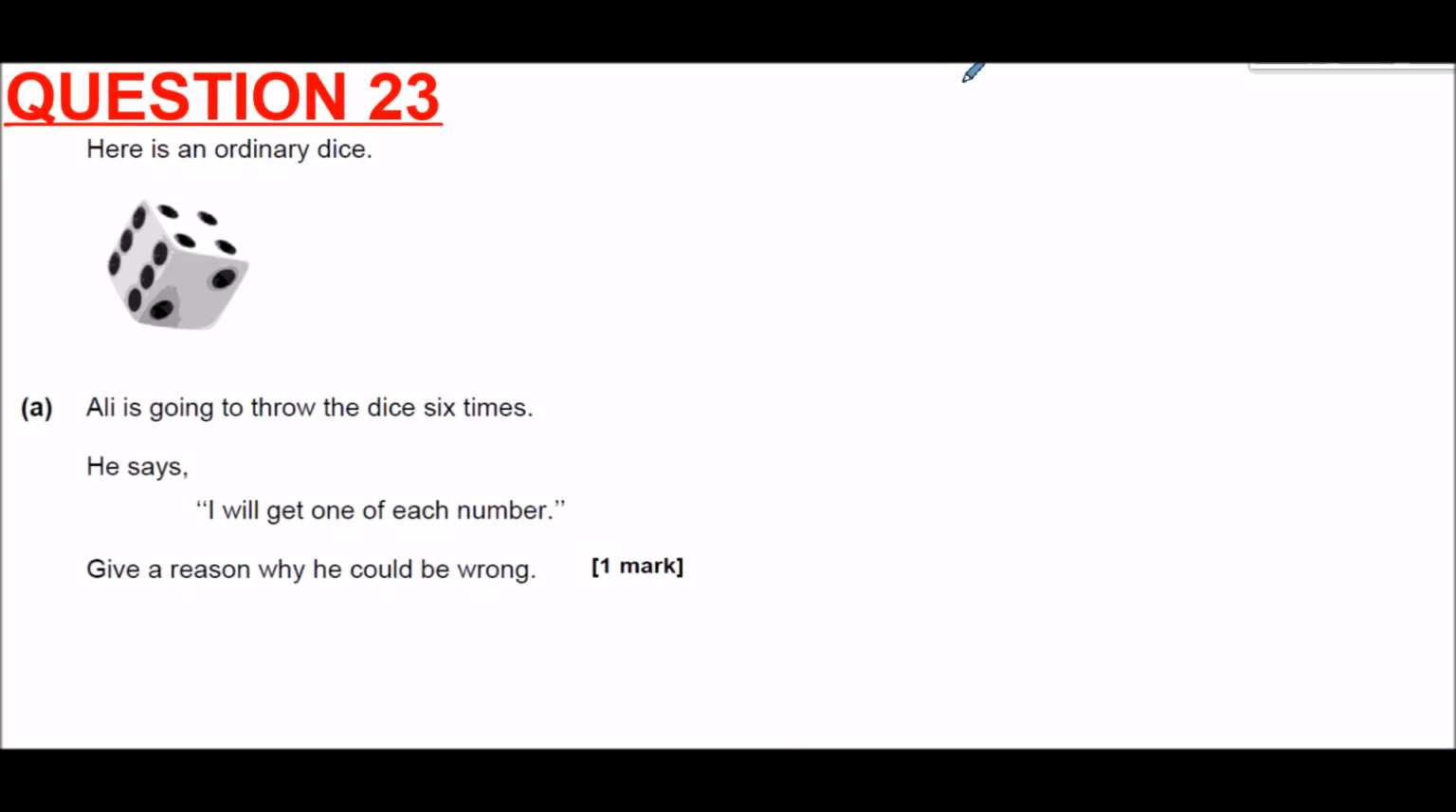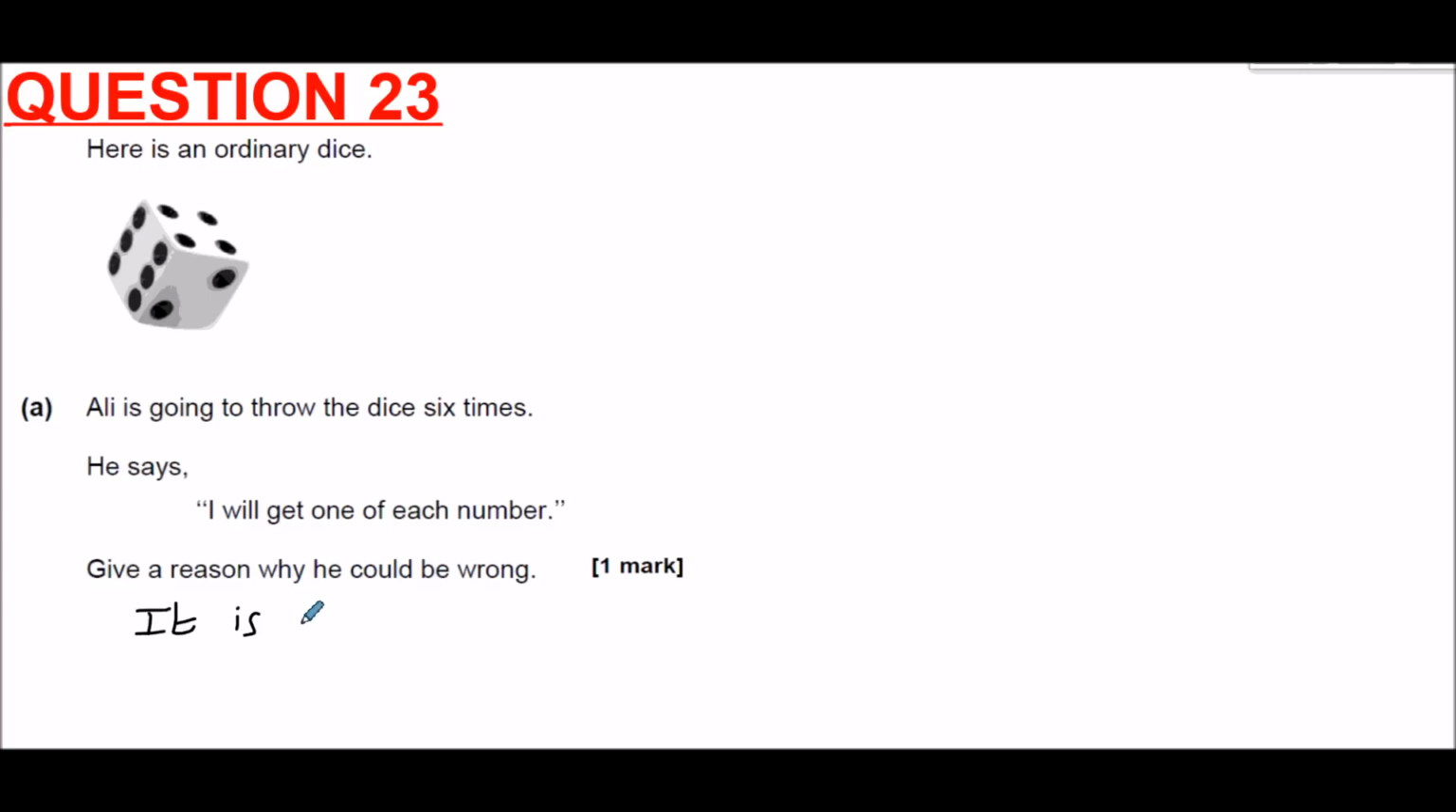Question 23. We have an ordinary dice, and part A, Ali is going to throw the dice 6 times, and he says, I will get 1 of each number. And we have to give a reason why he could be wrong. It seems almost intuitively obvious that he's going to be wrong. It's just a case of how to explain it as clearly as we can. There's a few things we could say. I think the most obvious explanation is a reason he could be wrong, is to say